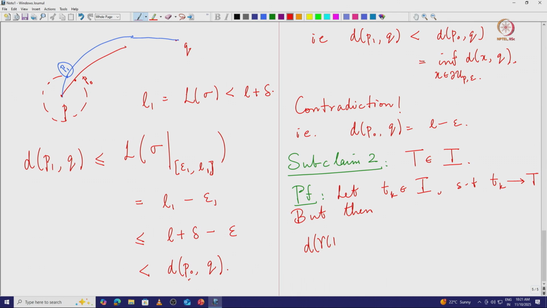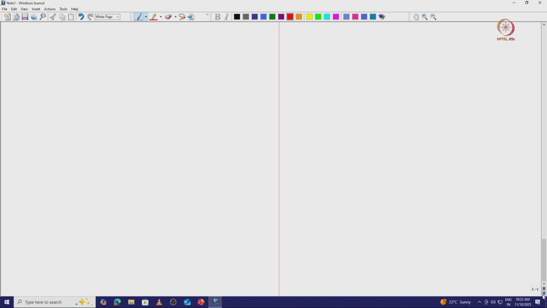the distance from gamma capital T to Q, by continuity of the distance function and of the curve gamma, is simply the limit as k goes to infinity of the distance of gamma Tk to Q, but because each Tk belongs to this interval I, the equation star Tk holds. So this is simply L minus Tk, but then that is just L minus T. So that shows that star capital T also holds, or in other words capital T belongs to this interval I. Okay. Alright, so finally